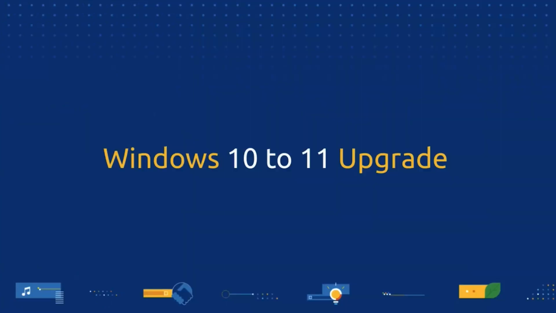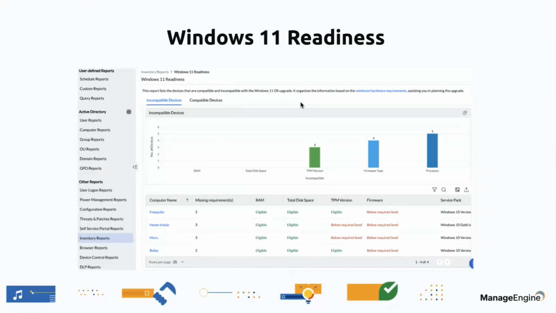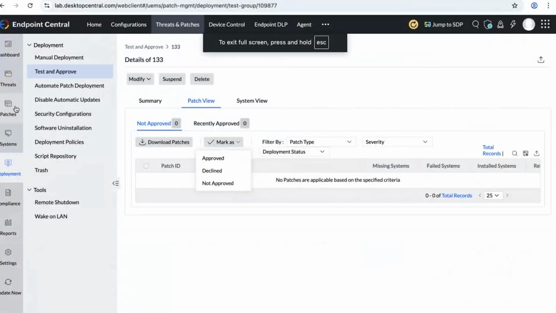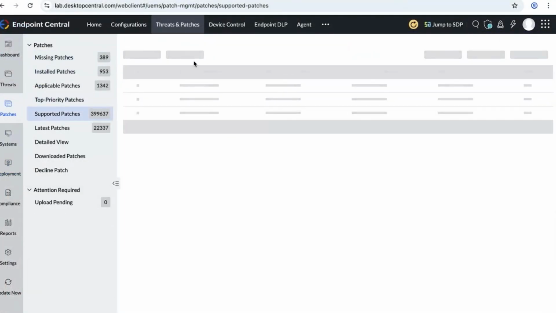Now, it is possible that you can upgrade the Windows 10 machines to Windows 11 using the patch management module, which is available within Endpoint Central. In order to deploy the feature pack for Windows 11, I need to know if my machines are ready or compatible for the Windows 11 update. You have an inventory report within Endpoint Central, which can tell you the machines that are eligible for Windows 11 upgrade. So upon executing this report, you will have data on how many machines are actually applicable or compatible for Windows 11. Once you get the data, you can go ahead with the supported patches,